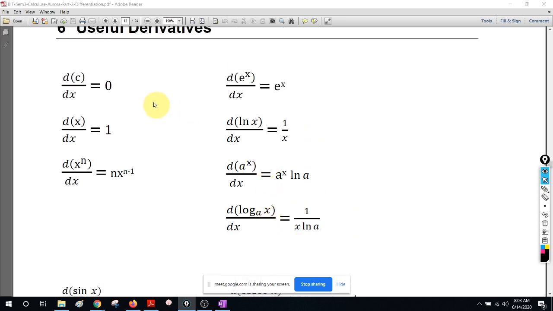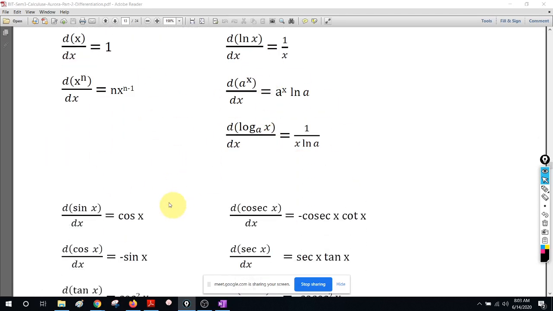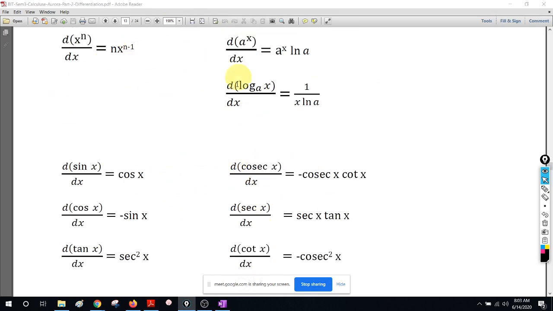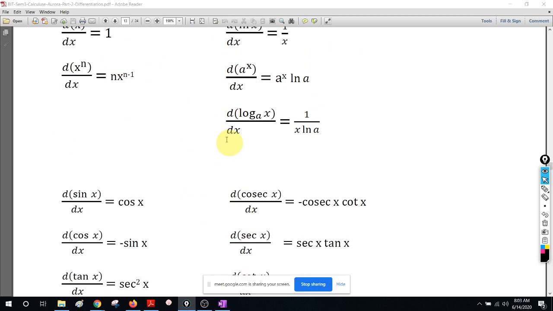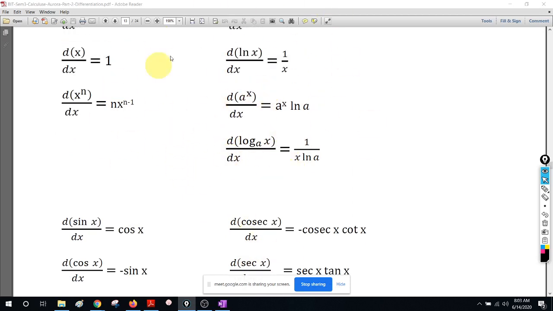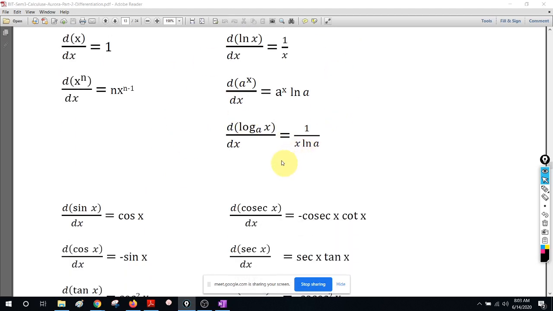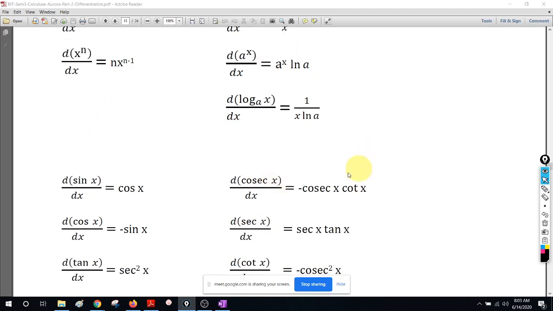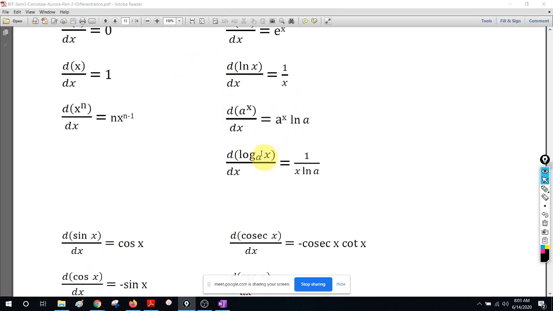So if you can remember this set of things, that is good enough for your differentiation, because maths exams do not expect you to remember anything else. This is the standard stuff we expect you to remember, just about 12, right? But when it comes to integration, remember integration is the reverse process of differentiation. When you remember these things, you are remembering the integration-related things as well, because later you will find that